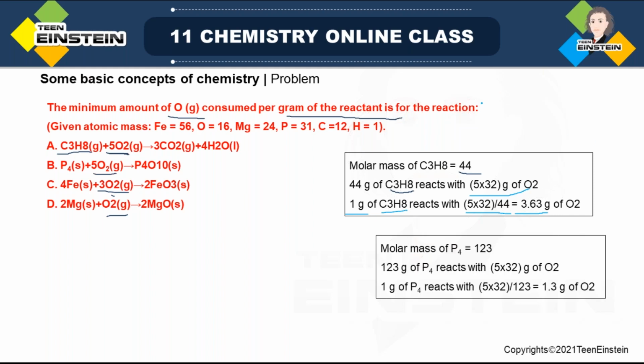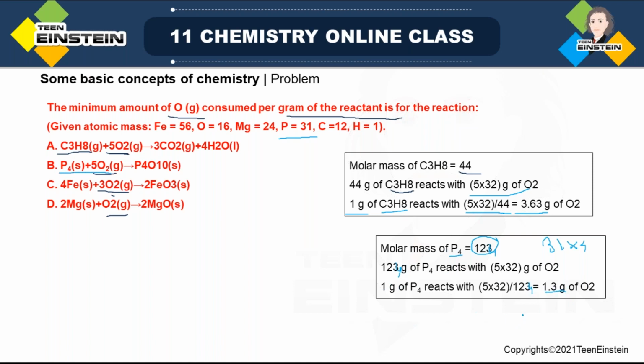So for P4, as there are a total of 4 phosphorus atoms, and your atomic mass is given as 31, how will you get it? It is 31 multiplied by 4, so 124. So 124 gram of P4 is reacting with 5 into 32 gram of oxygen, because this is also a 1:5 mole ratio. But you have to find how many grams of O2 react with 1 gram of P4,